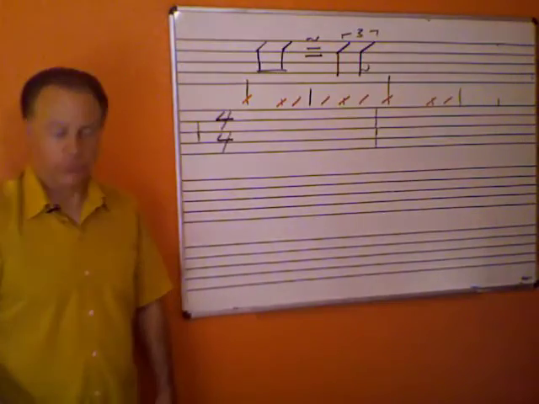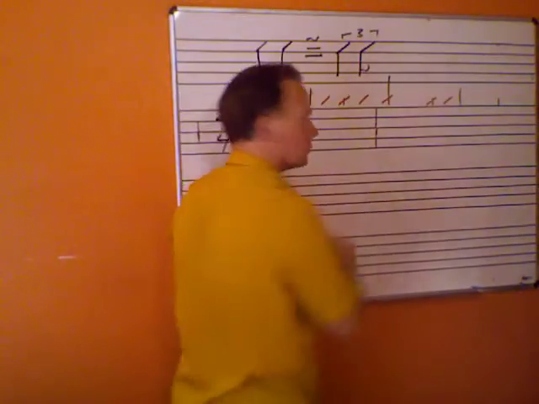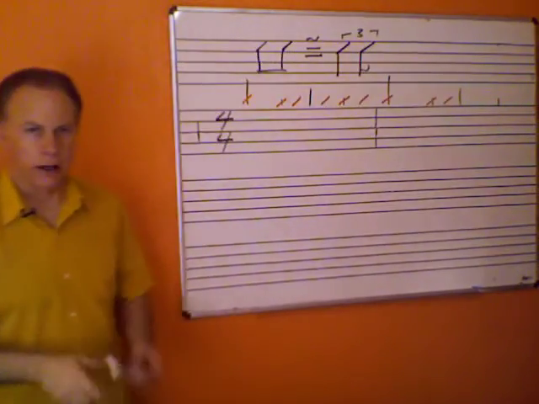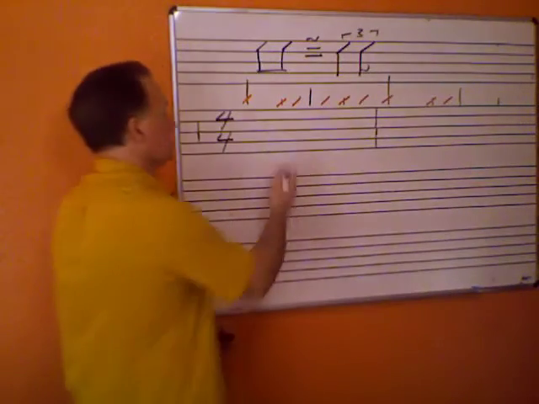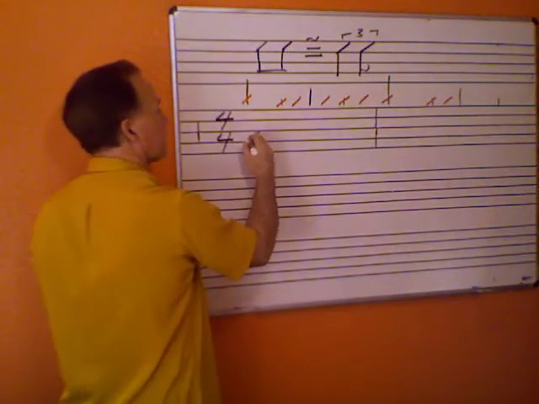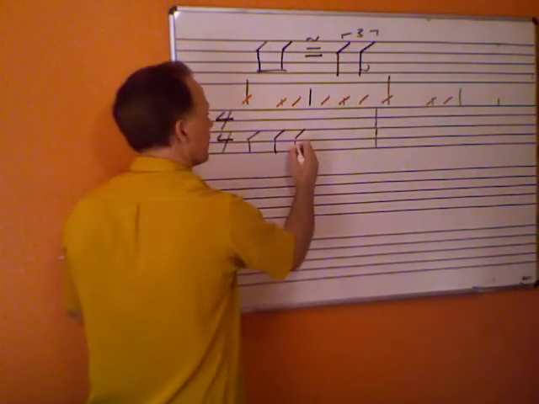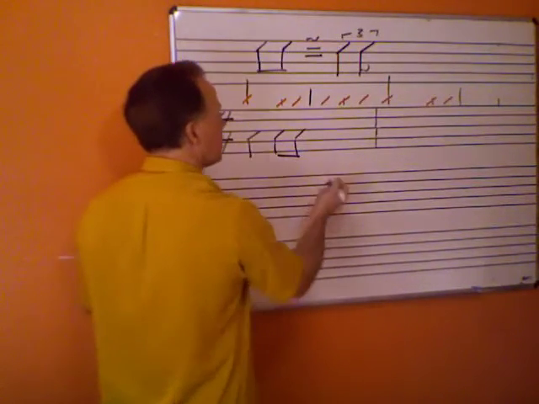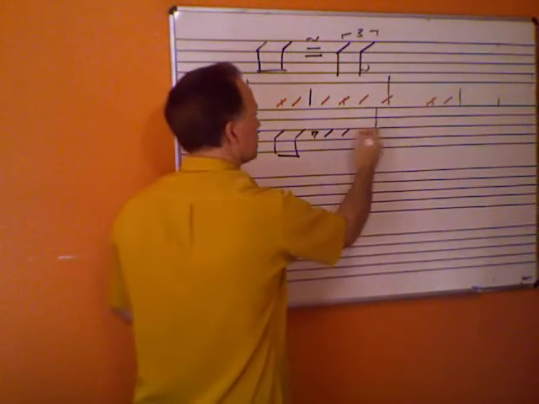1, 2, 3, 4. Okay, so it's the same rhythm, just swung. So now if we were actually to go ahead and put this in eighth notes and quarter notes, it looks something like this. Beat 1 would get a quarter note, and then 2 eighth notes on 2 and there. Okay? Then it looks as if we have an eighth rest on beat 3, but then we have eighth, eighth, eighth here